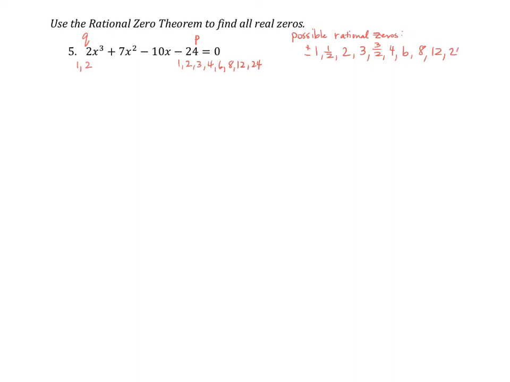And 24 over 1 and 24 over 2, which is 12. So here is all of our possible